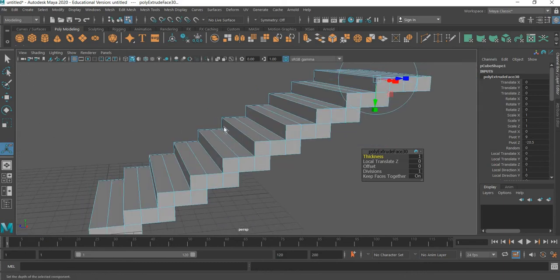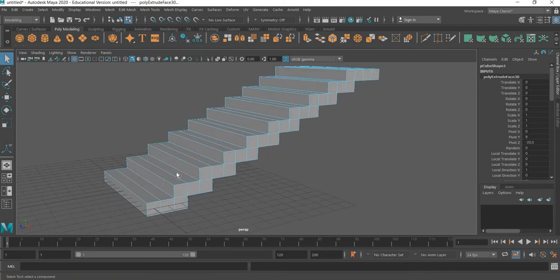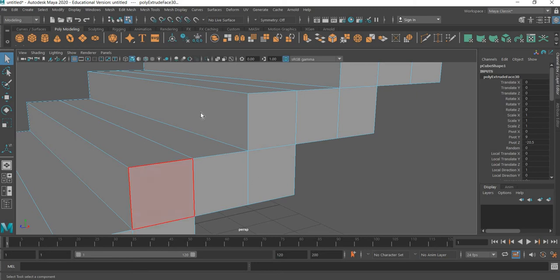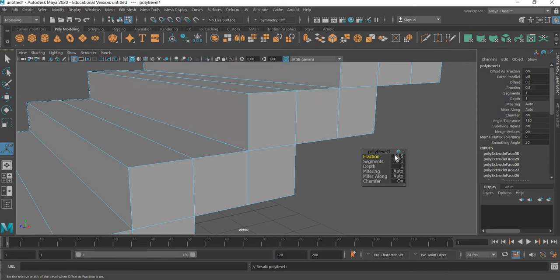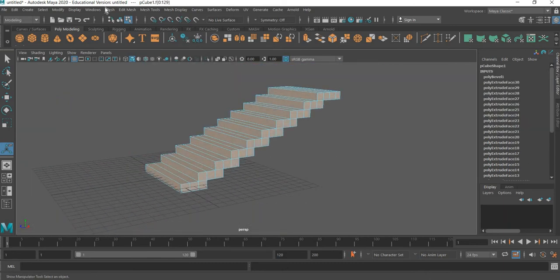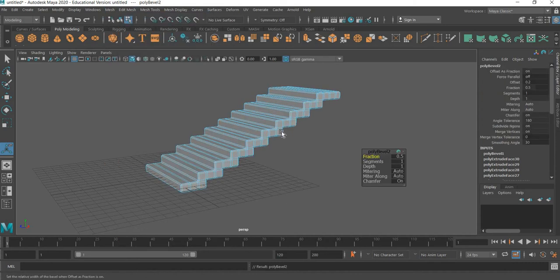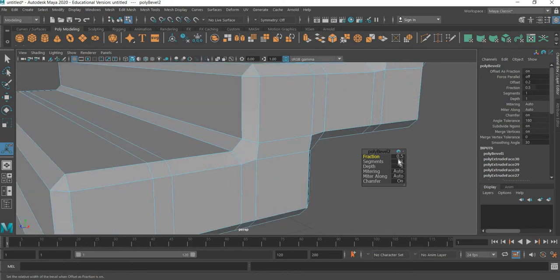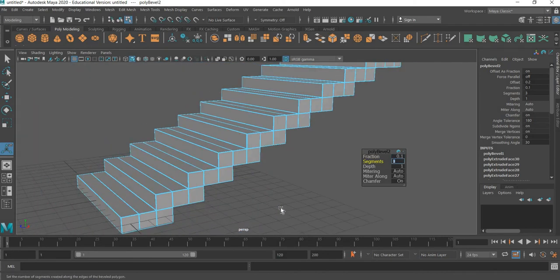So this is our step, and once we create the step, we need to add some softness to the edges. So we'll go to edit mesh, bevel. Edit mesh, bevel. We need 0.1 and 3 segments, and we don't want